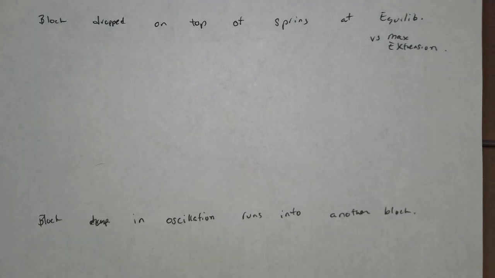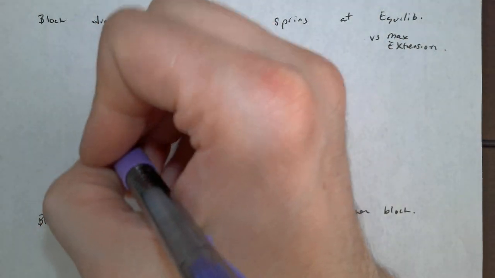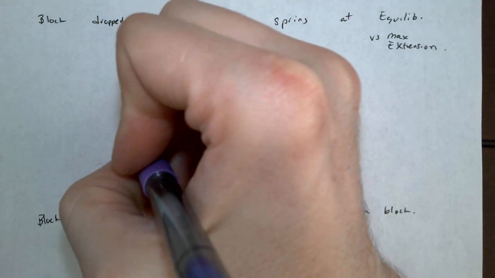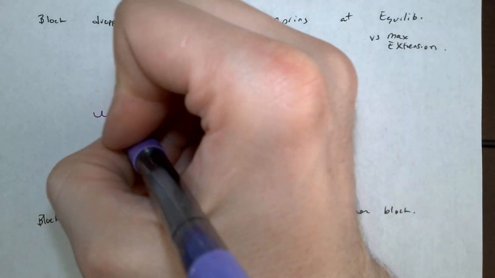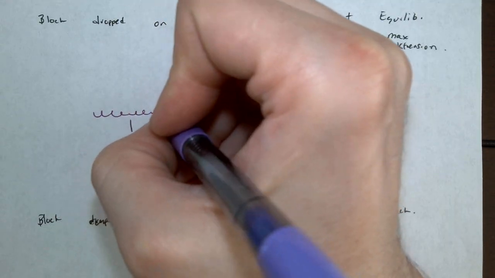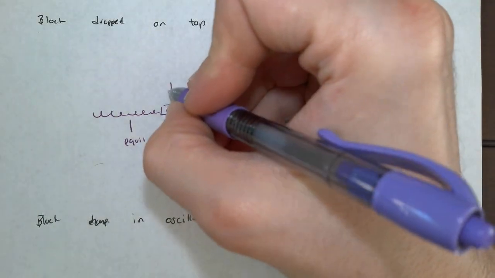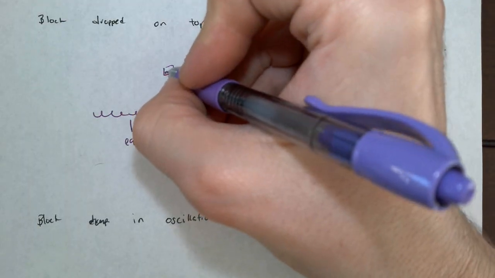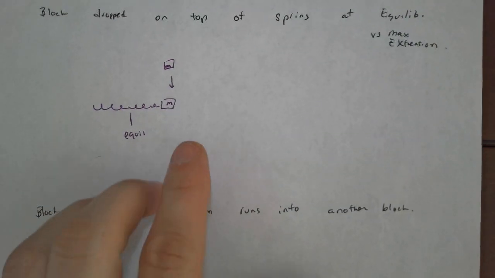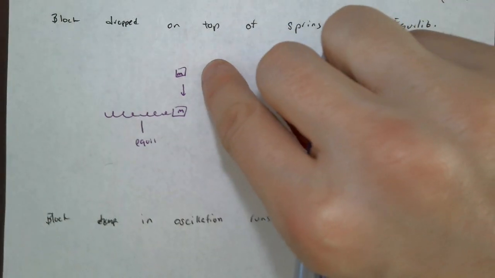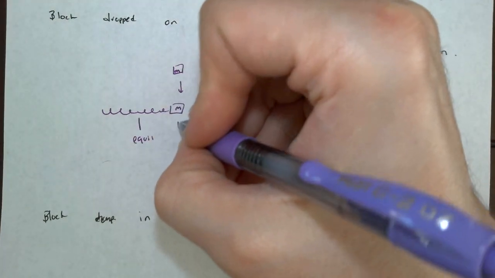Today we're going to deal with the peculiar momentum question and also energy with simple harmonic motion. So here's the situation that we're trying to divulge. We've got an equilibrium position and there's a spring and there is a block, which we're going to say has a mass of m. And then another block, which is a jerk, decides to fall on top of m. And the two scenarios that we have to deal with is if you drop this block at its max amplitude,